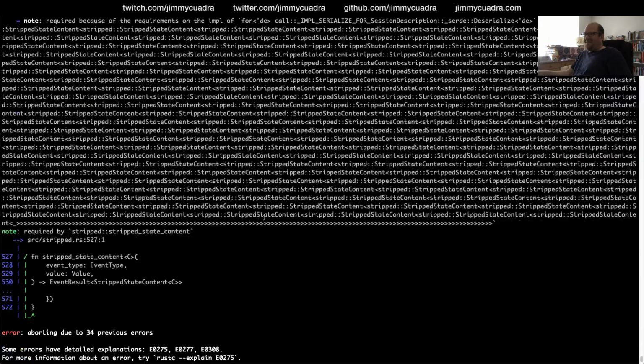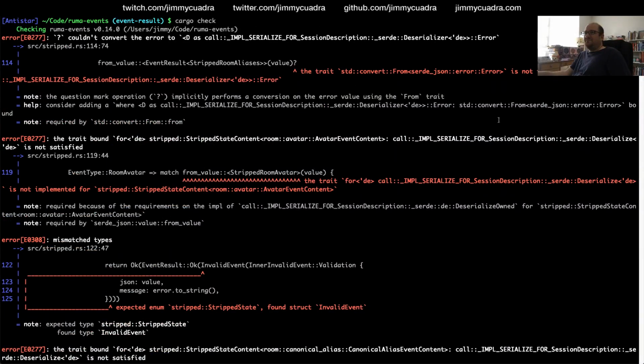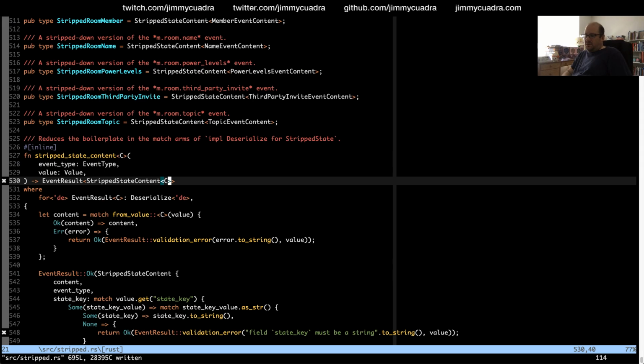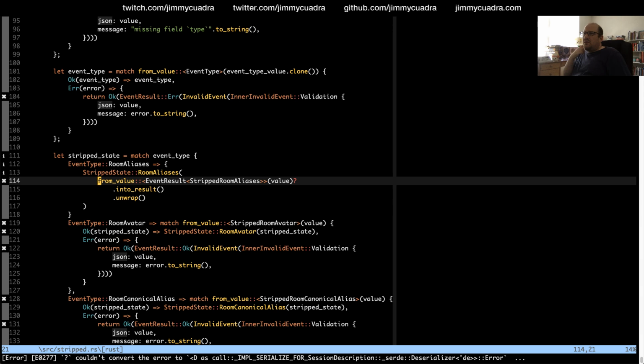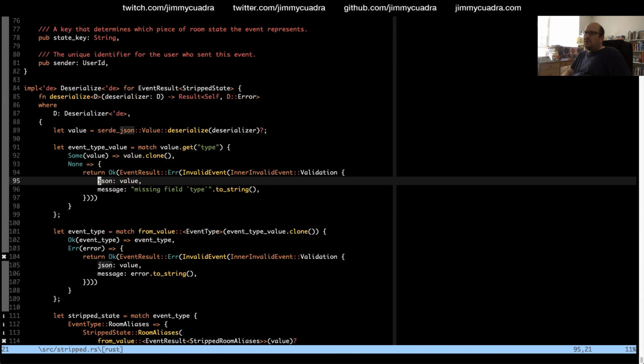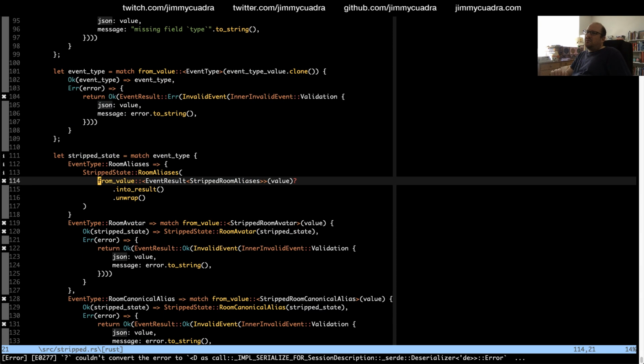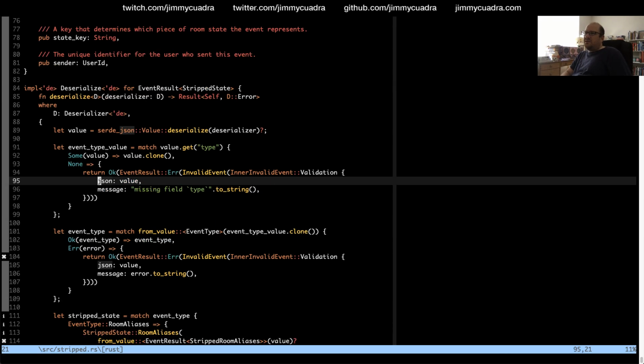Oh my god. I've got some recursive errors here. 114. Couldn't convert the error to deserialize error. Oh, right. Wait, what? Shouldn't the deser... Oh.